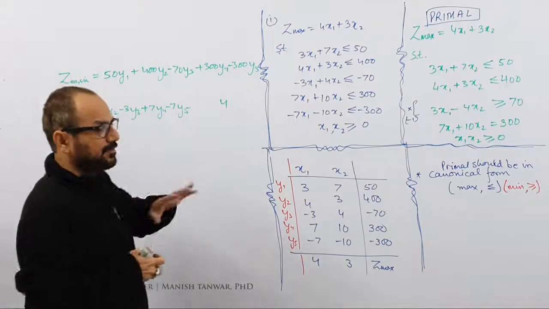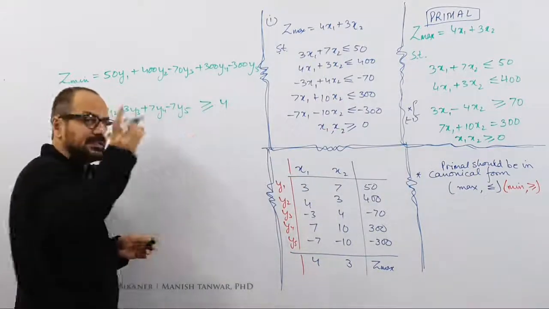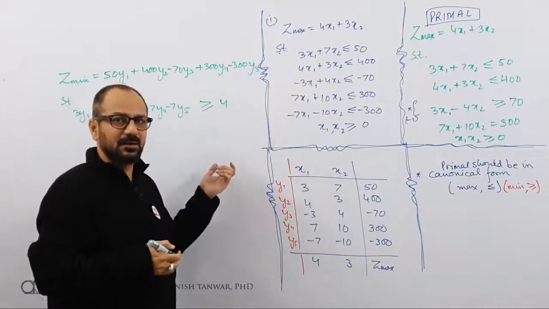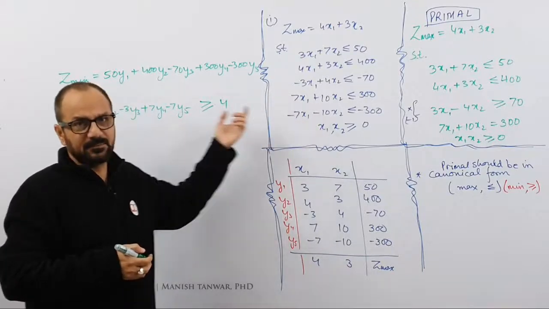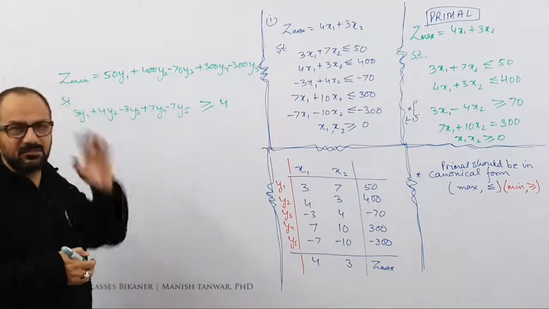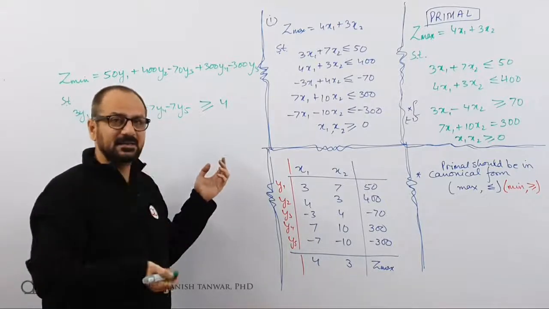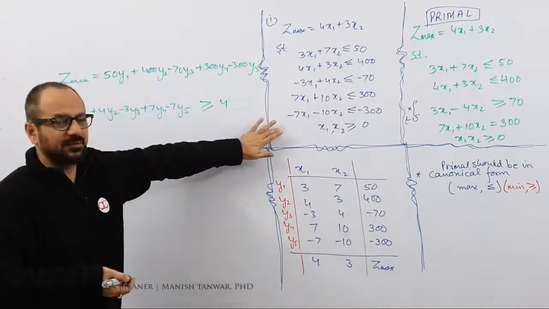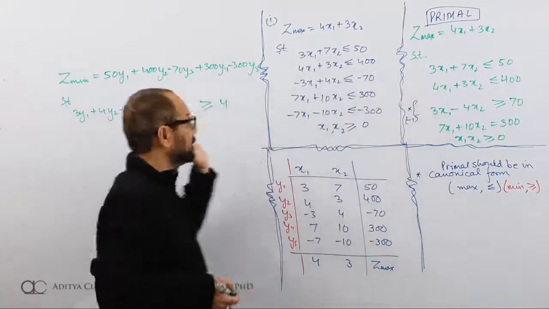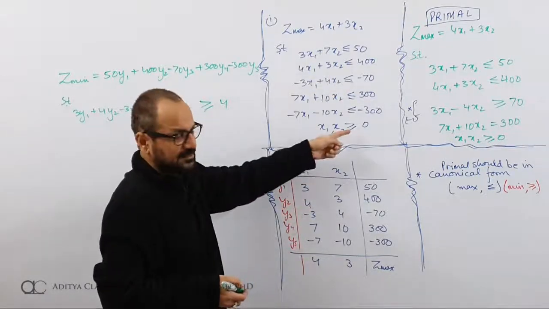Now it is a very straightforward rule that if everything was in less than, now everything will be in greater than. This we have seen in the previous video where we saw the relationship between primal and dual. Everything less than became everything greater than, max becomes min. Why this is happening, and what the relationship between primal and dual is, you can check in that video. Right now we are only seeing how to formulate this given problem into its dual. So I have 3y1 and so on. Because everything was less than, my constraints would be of greater than.